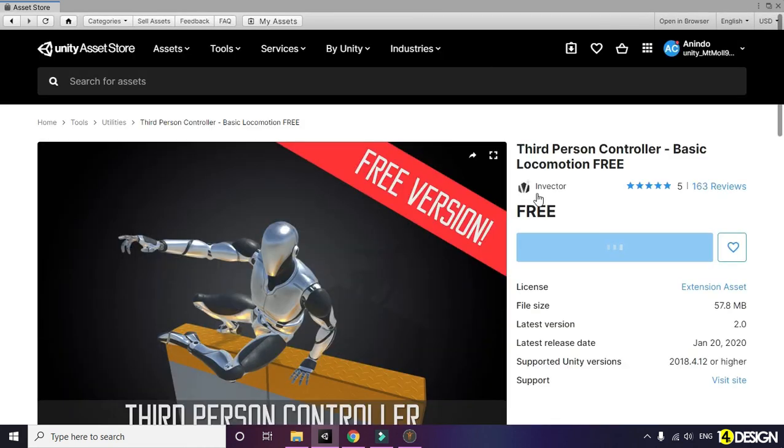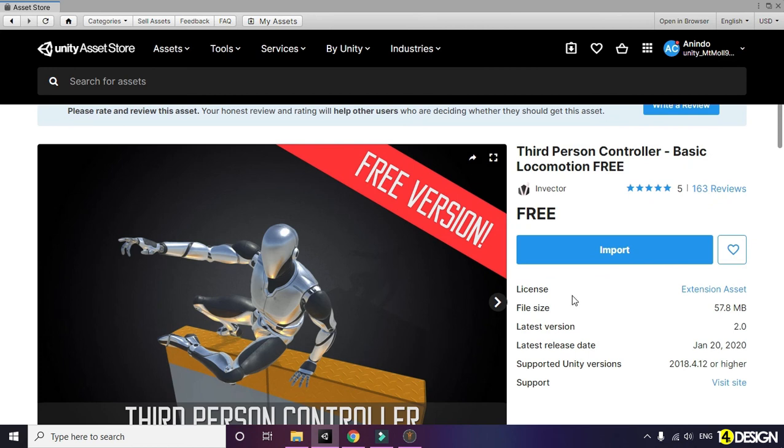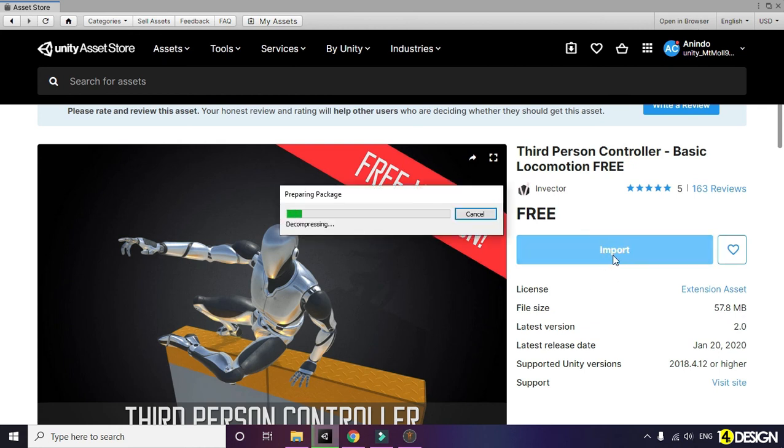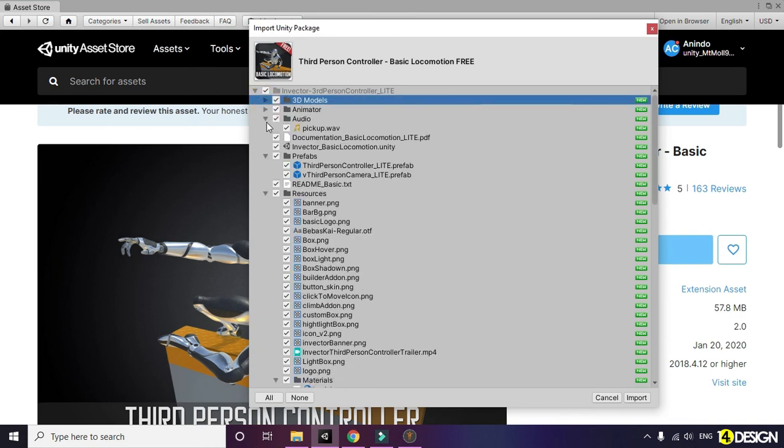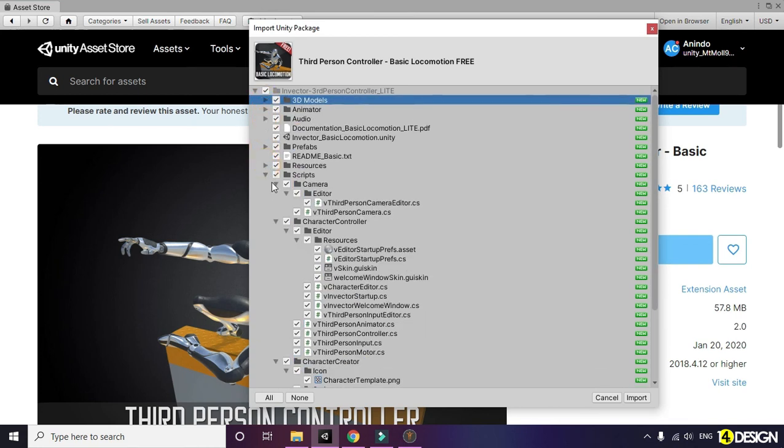Here, I have already downloaded it, so you might need to download, and then this option will show up. I'm just gonna click on import, and I'm just gonna import everything. Click on import.